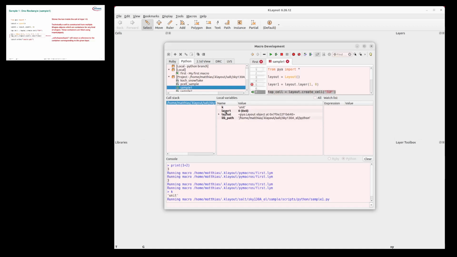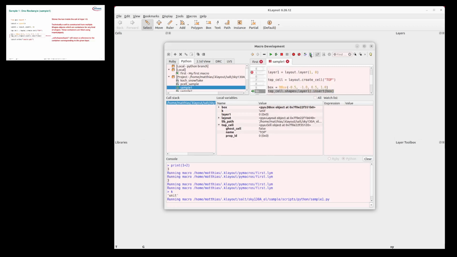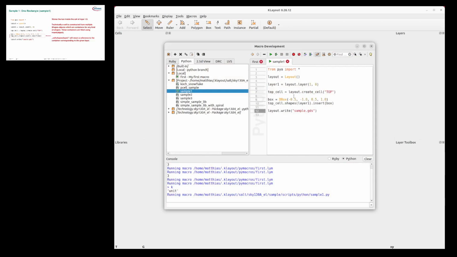And now you see I have a layer 1 variable, and this layer 1 variable has the value 0 because I have generated the first layer with index 0. And you use it later in the insert functions and other functions. Next thing is step over the cell generation, and then I see I have a cell object, and the cell object has a number of properties, specifically the name and some other properties that are not important now. And now it basically has inserted the box, and now the script finished, and it should have written a GDS